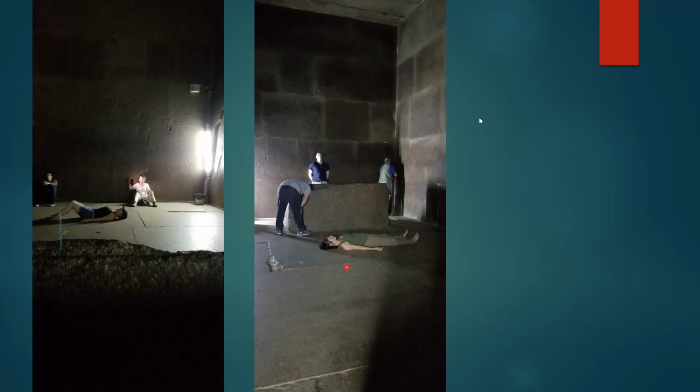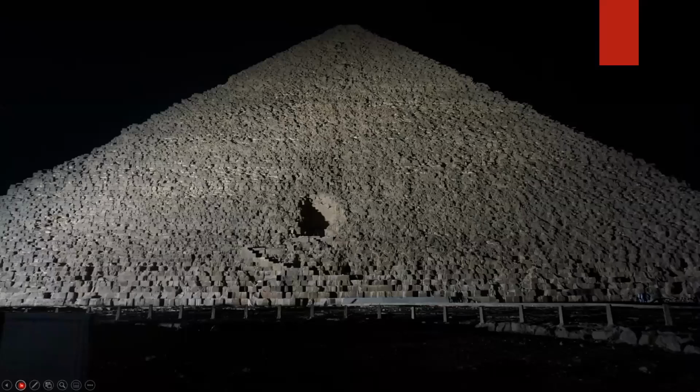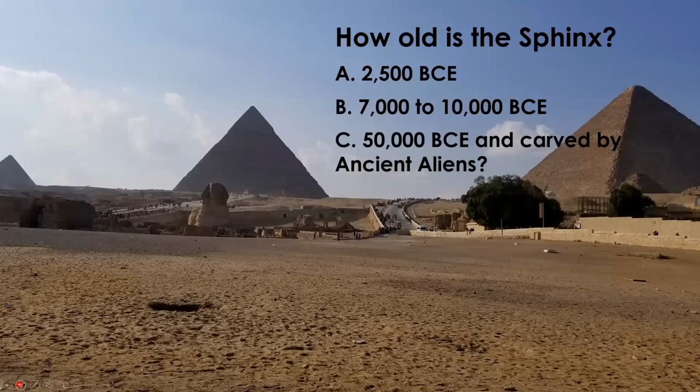And you see Marie meditating. We came out at 6 o'clock, and this was the outside of the Great Pyramid. So that was a pretty life-changing thing. The Sphinx. So do you think it is 2,500 years old, which would be the 4th dynasty when